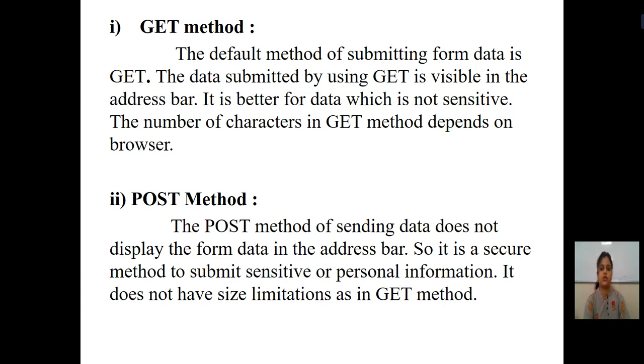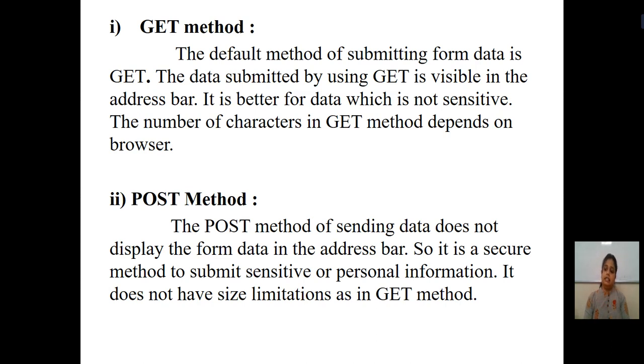So students, the post method is again a type of method which is used to send data, but whatever data is submitted, the details of that will not be displayed on your address bar. As we have seen in the get method, once your data is submitted, the information is displayed on your address bar. But if you are using the post method, whatever data is submitted will not be displayed on your address bar. So this type of method is more sensitive, or more secure, to send your personal information, so that it is not seen by other people.